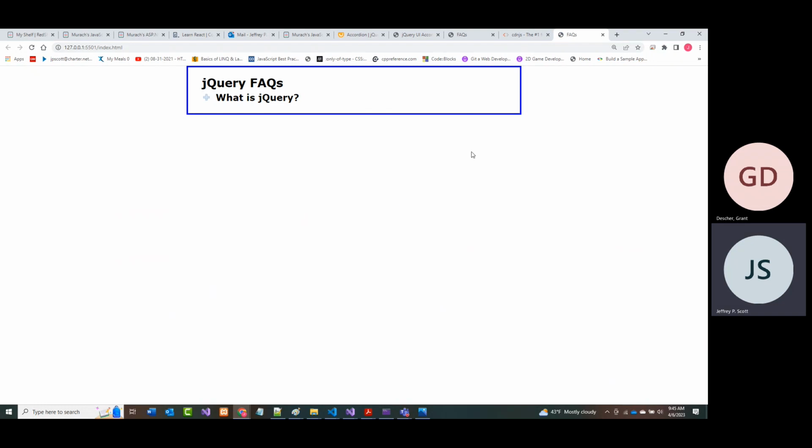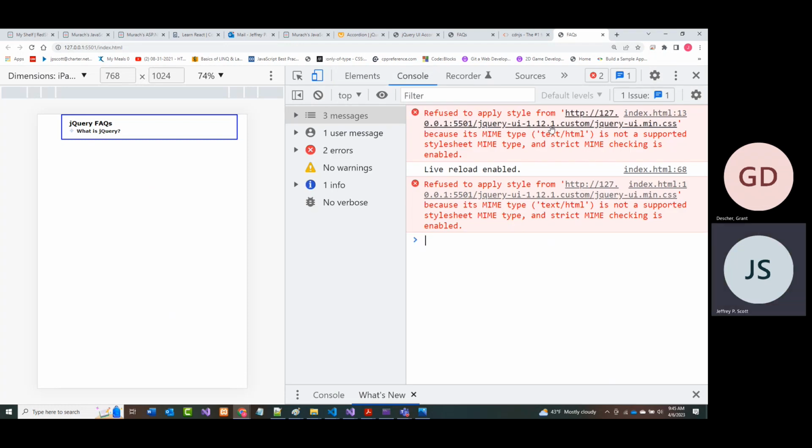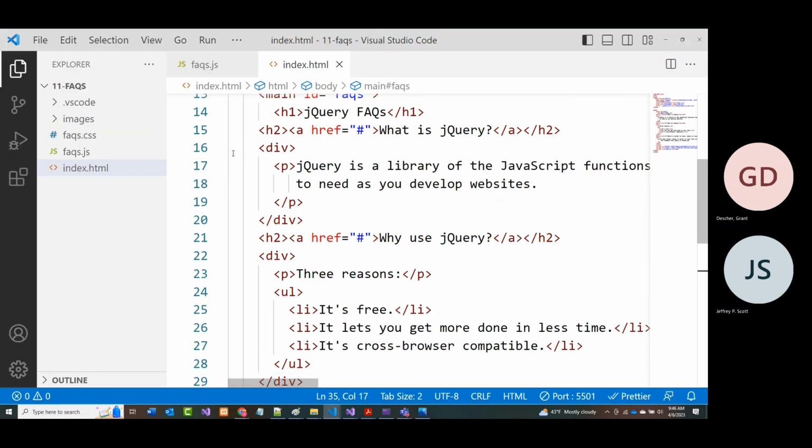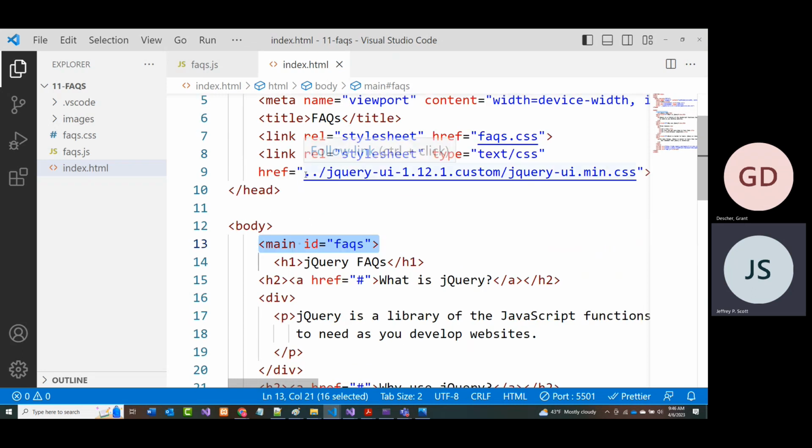Well, it doesn't like something. Refuse to apply style because the MIME type is not supported in my index HTML line 13. So it doesn't like something. Look, that's index HTML ID equal facts. I don't think that's what the error is in. I still think it might be right here. So let's see if that's what the error is. If the error is there, it may not be finding it until right here. So let's see if we can find the jQuery UI